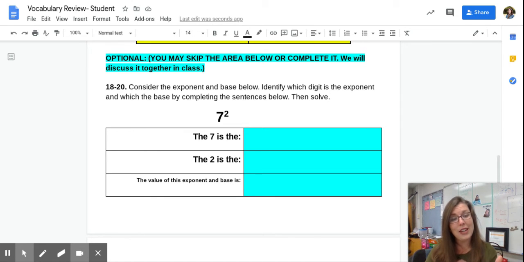Guys, I have changed the color of this to be blue. This is cueing you that this is optional. Miss Lehman's expectations always are that what is in yellow is what you must do. This is in blue because it's optional. Think about exponents. Think about what those exponents mean. We've talked about how they pack a punch, and they certainly mean more than just multiplying 7 times 2.